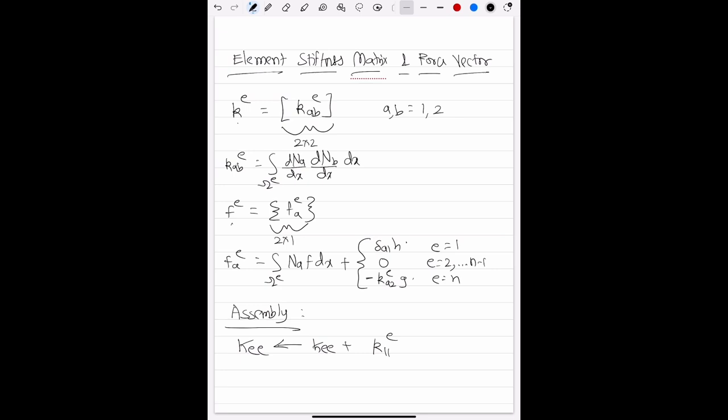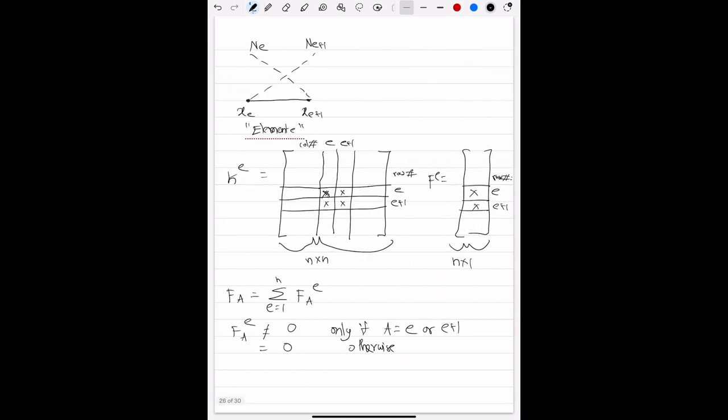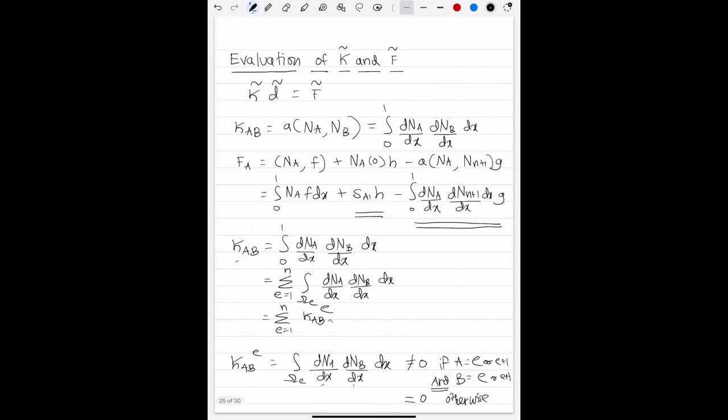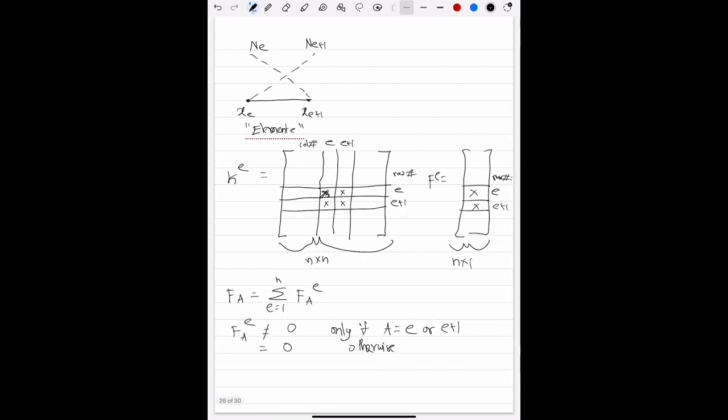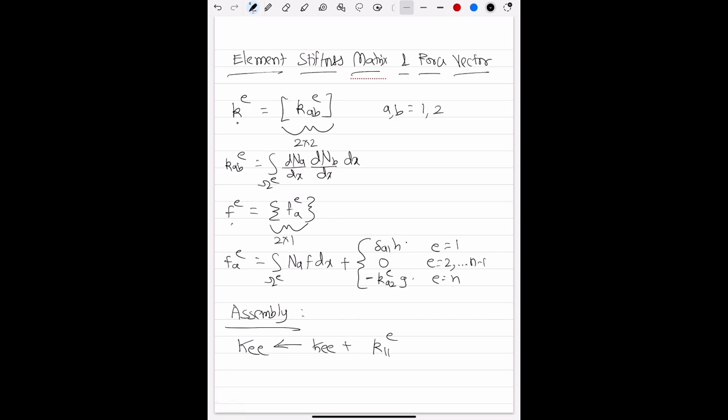So essentially, the element K11, which is the first row and first column of the element stiffness matrix, is going to be entering into KEE, this location over here, to form K capital E, which then is going to be summed up to get the total global stiffness matrix, and that's why we have this summation over here. Similarly, the element KE E plus 1, so row number E and column number E plus 1 in the global stiffness matrix is going to be updated as